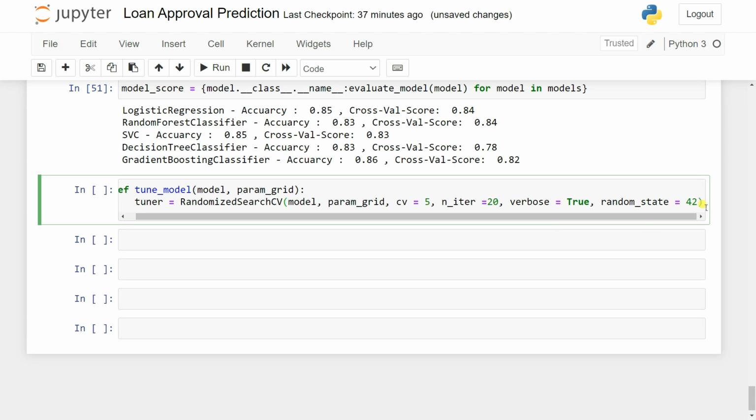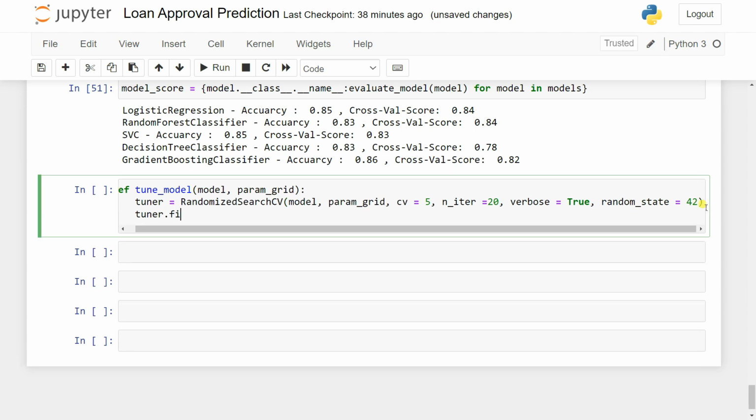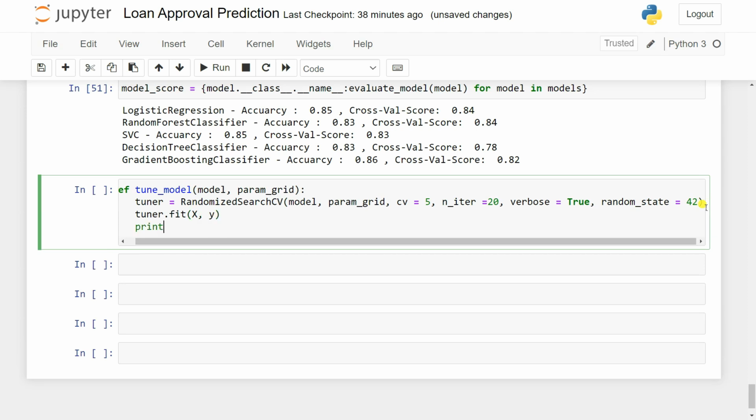Now based on the tuner, we're simply going to predict our model. So we can use tuner.fit, and inside it pass here X and y, and then we're simply going to print out which one is the best score and which one has the best parameter. So that's the best score. It should be inside the f-string. Best score for, let's say model.__class__.__name__, and you can simply use here the tuner.best_score_